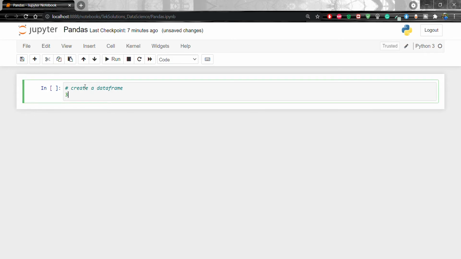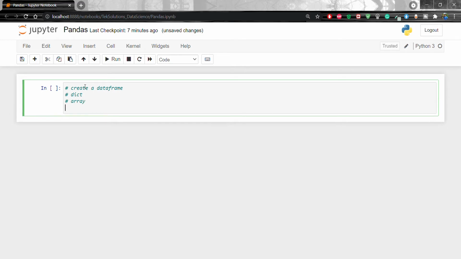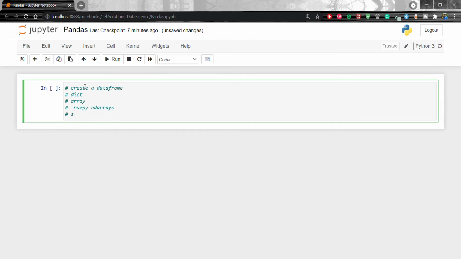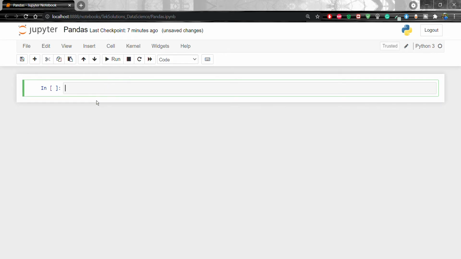The first one, like the dictionary, array, numpy ndarray, series. Okay, so these are the many ways that we can create a data frame, in a tabular format that can contain rows and columns, right?